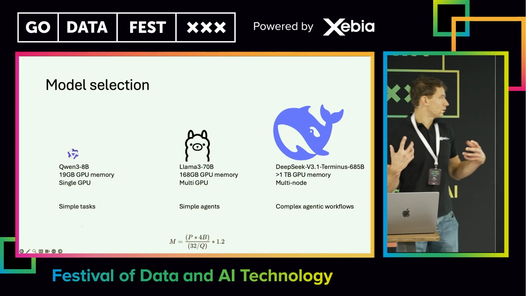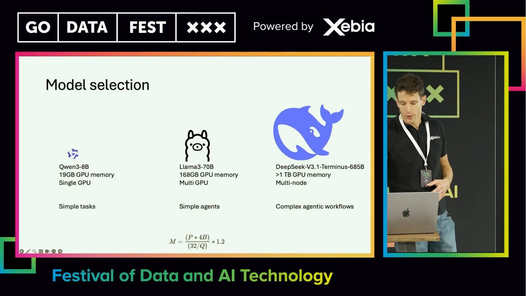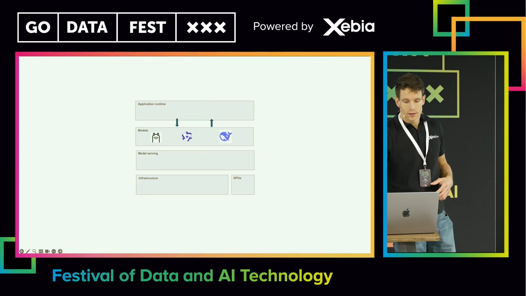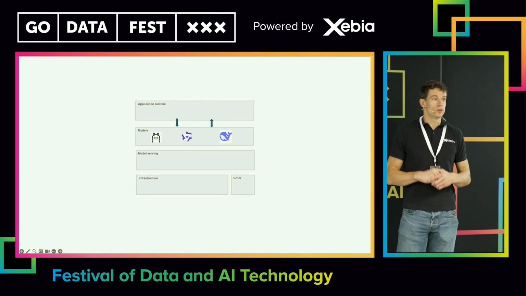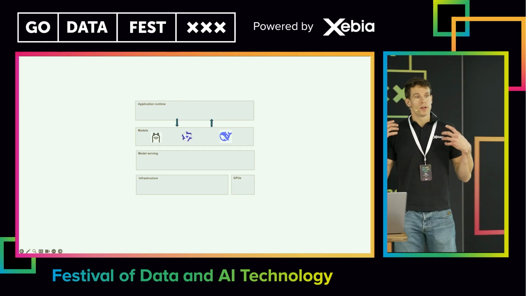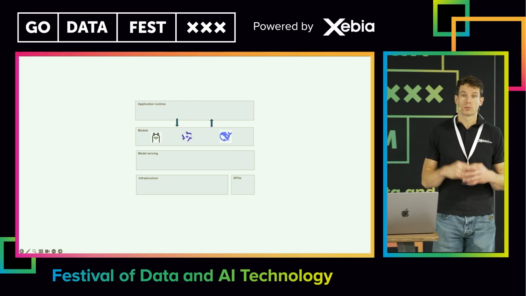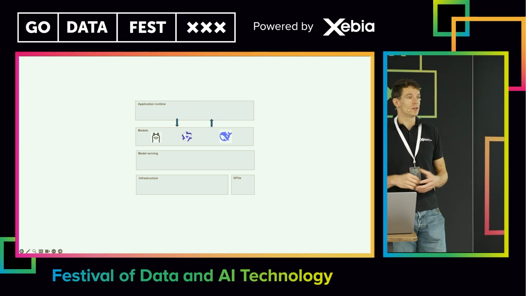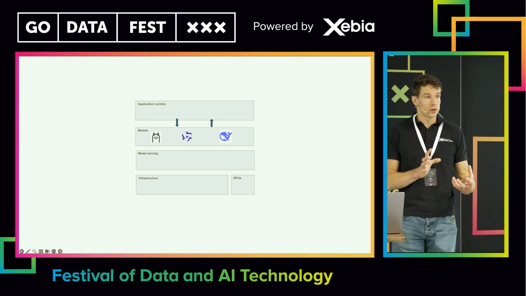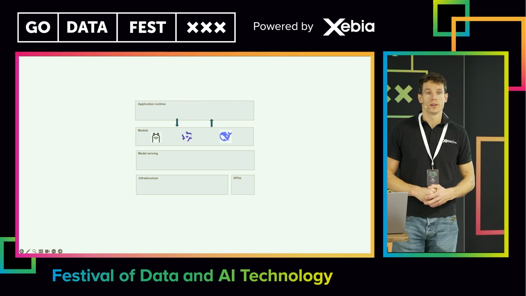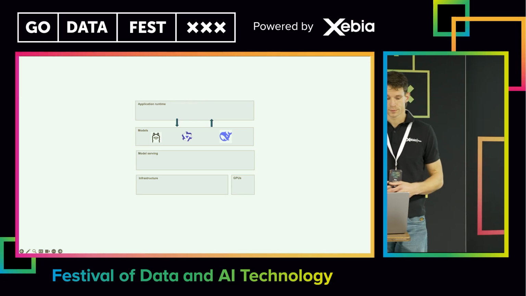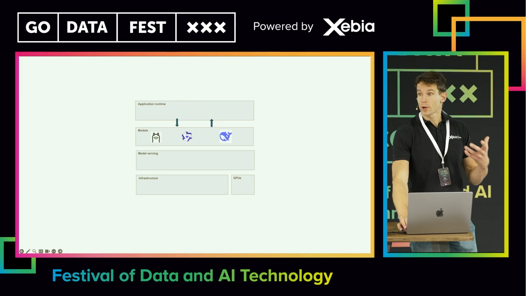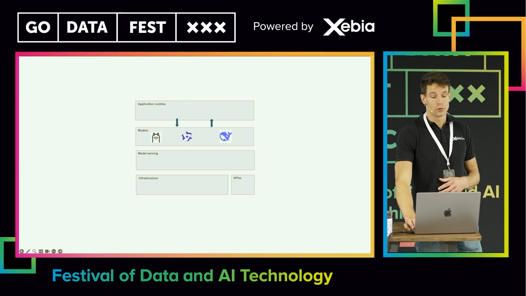So what I want you to take away from this part is that if we pick a model, don't just start with the biggest model. Once you go for self-hosting, it's more important to choose which model you use, because it's not as easy to swap it out. And the smaller model you pick, the easier it is to run, so you get a quicker time to value.